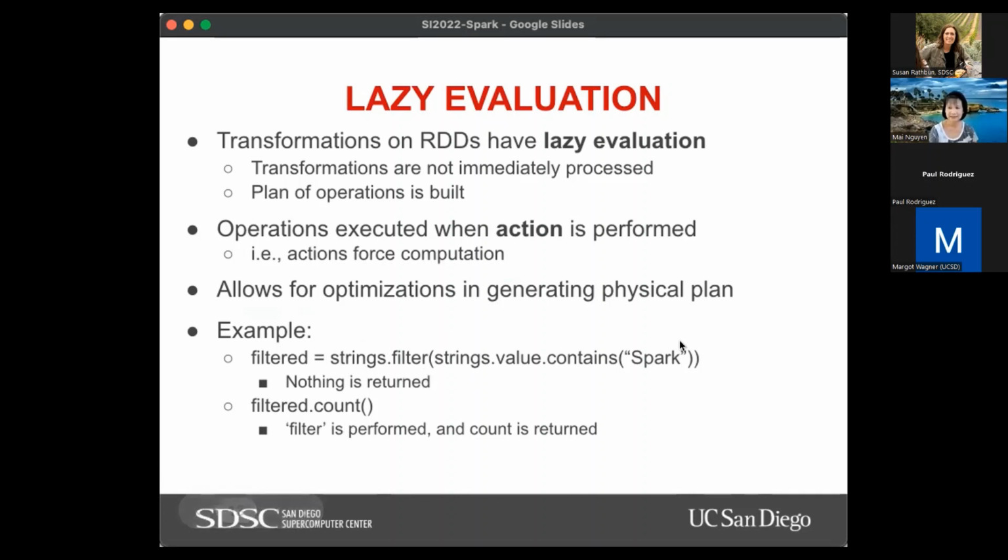For example, this is a similar example to what we saw. This is an RDD. We're applying a filter operation on it to get a new RDD. Nothing actually is returned here if you type this line of code into Spark. Behind the scenes, this operation is taken into account along with all the other operations that have been defined on this RDD, and the Spark engine will optimize the sequence of operations. Then when an action is called on that RDD, all of these operations will be executed and the result is returned.